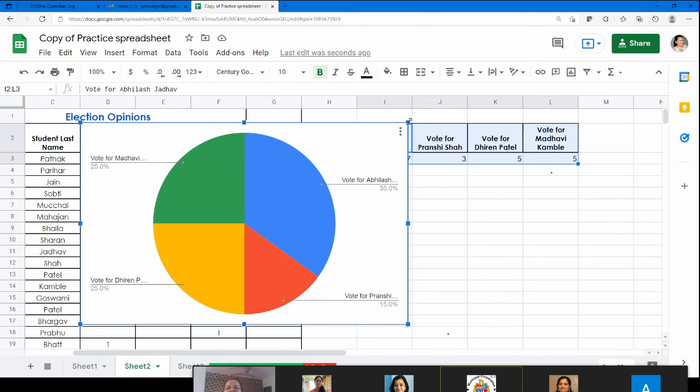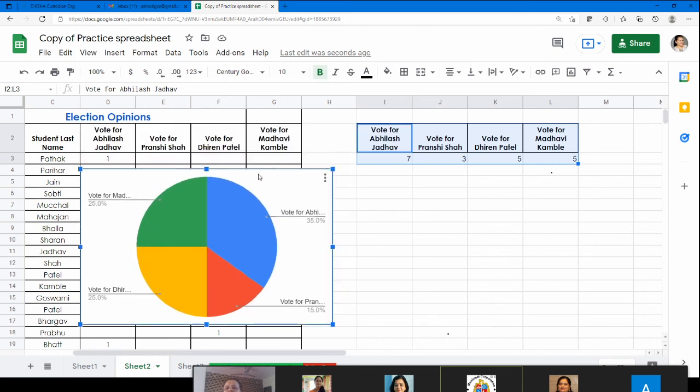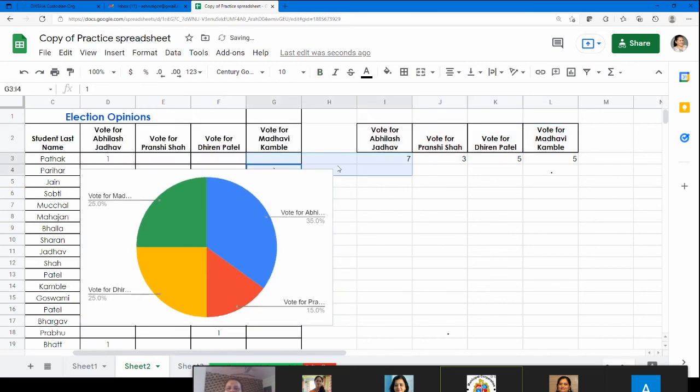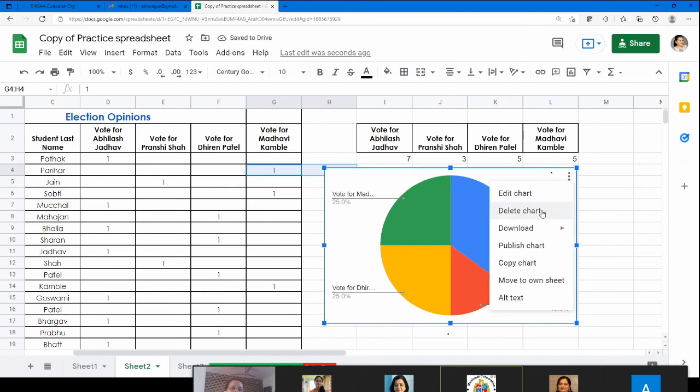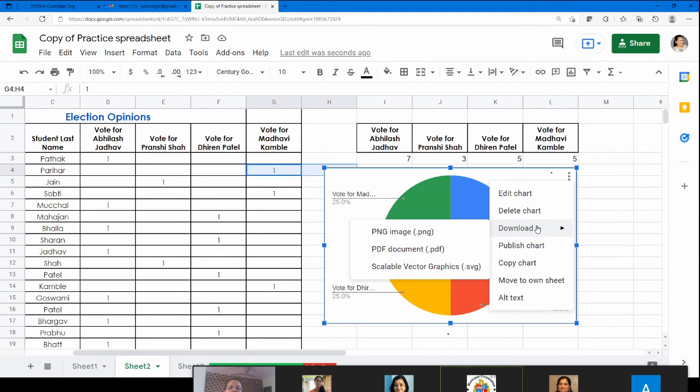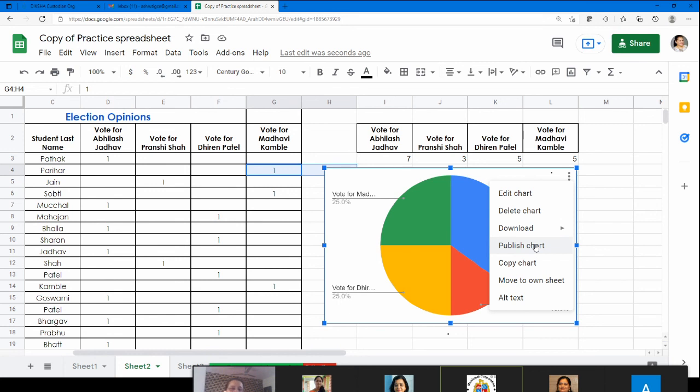Then you can always minimize it and place it. And if you want, you can also move it. Okay, so you can download it if you want into a PNG, PDF, whatever. You can publish it if you want to put it on some website or anywhere.